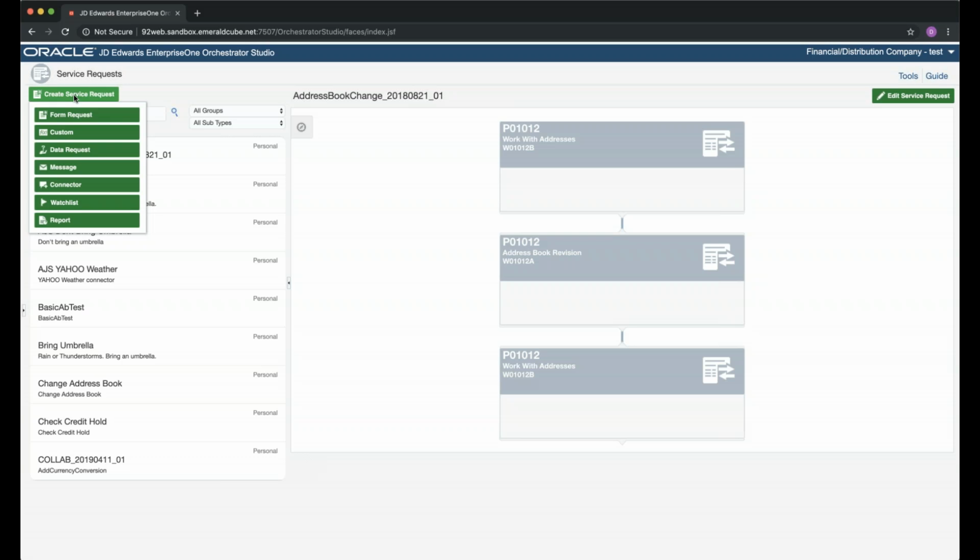Whatever output that might be, you can pass that into the report and run that report in a specific way depending on what data is coming in before it. So with the newest Orchestrator instance that we have here, the Orchestrator Studio, those are the service requests that are available. If you're on a previous instance, on a previous tools release, you might see a few less of these. They'll just be less in the list.